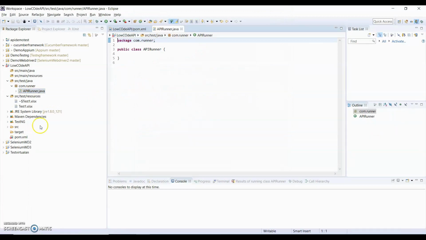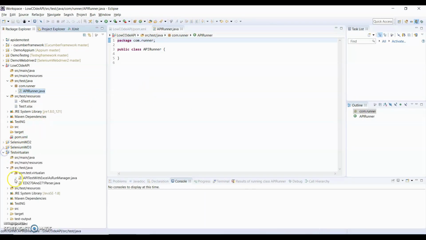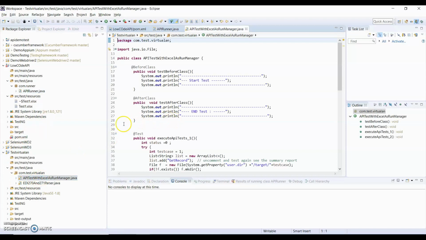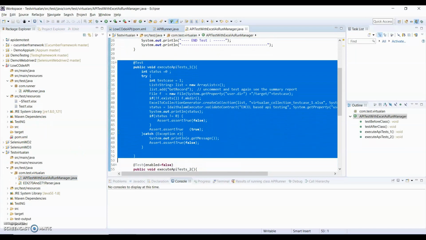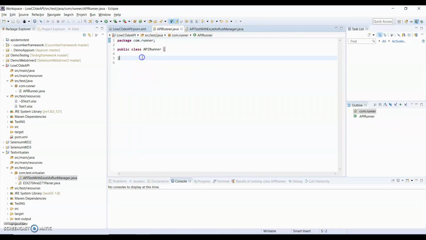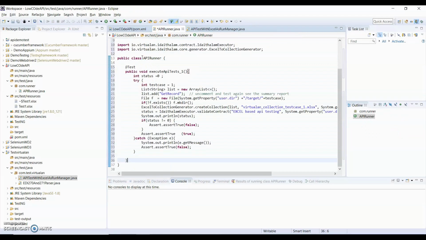And to save our time, I just copy a code from here. I'm just copying this one test code, and I will explain what this API runner code is. So I just go and paste here, right,